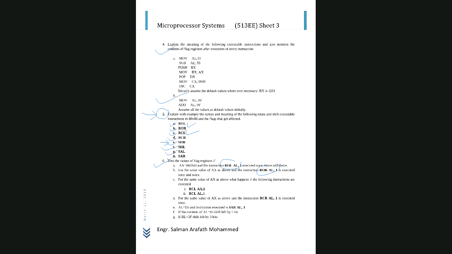Now see what is the difference between these four instructions. Listen carefully. Okay, SHR is shift right. We can also call that logical shift right. Okay, SHL means shift left. It is also called logical shift left. Remember this. Okay. So then what do you mean by SAL? SAL means arithmetic shift left, and this is called arithmetic shift right. Okay. Now these are the full forms of these. So let us see how this will work.